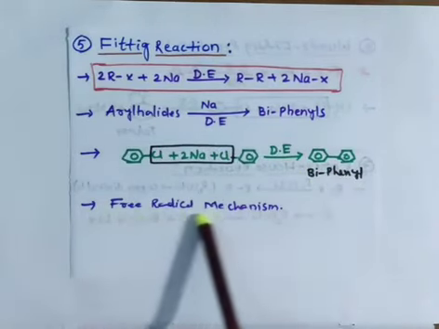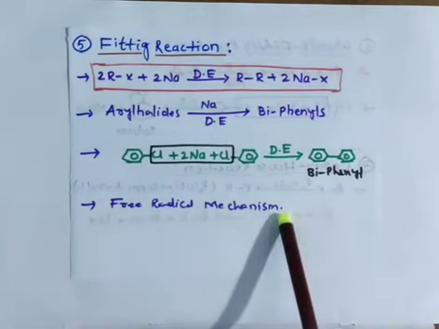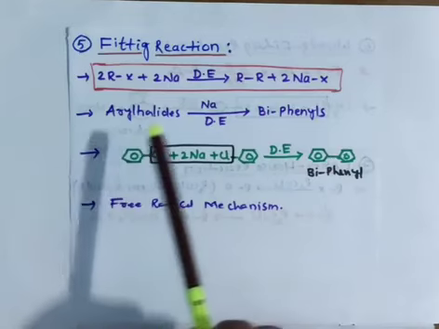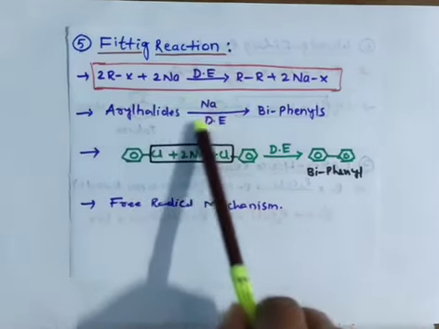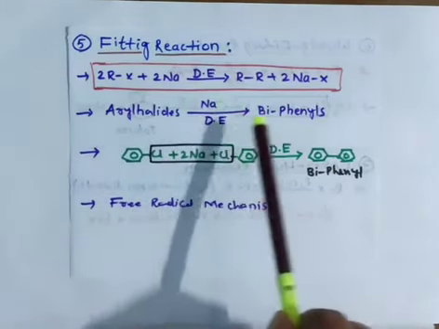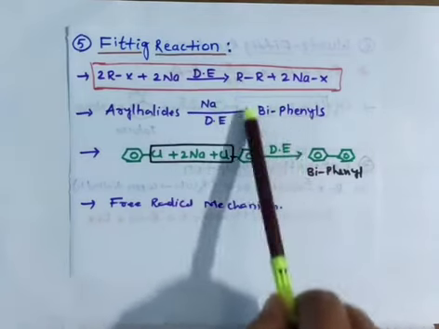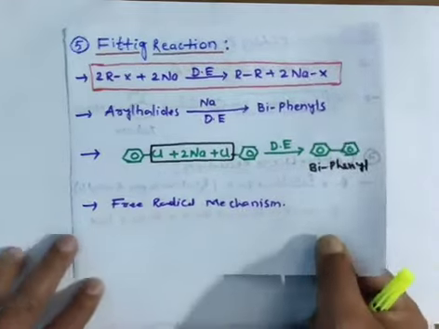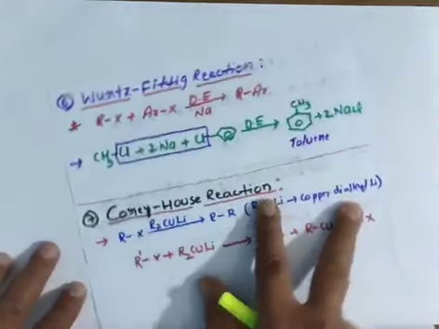This also undergoes a free radical mechanism. So here we are taking aryl halides, and in Wurtz reaction alkyl halide, with sodium and dry ether in the same way. There you are getting alkanes, and here you are getting biphenyls. That is Fittig reaction. Next, another important reaction we have,